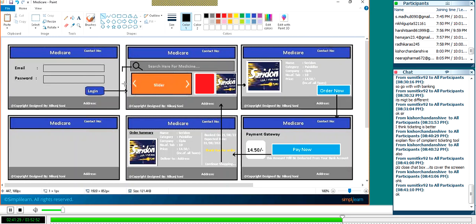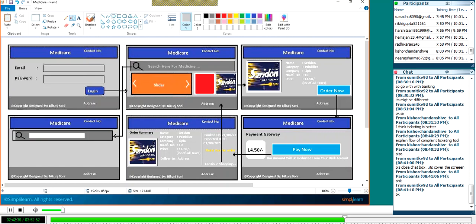Suppose the search box is something you need to implement, and when the user clicks on the search box, the search box should look like this. So whenever the user clicks here on the search box,